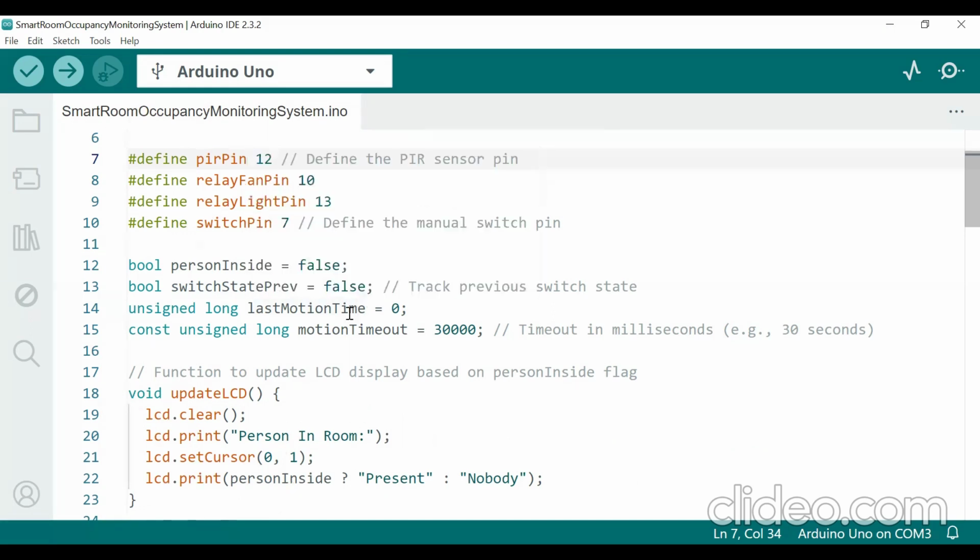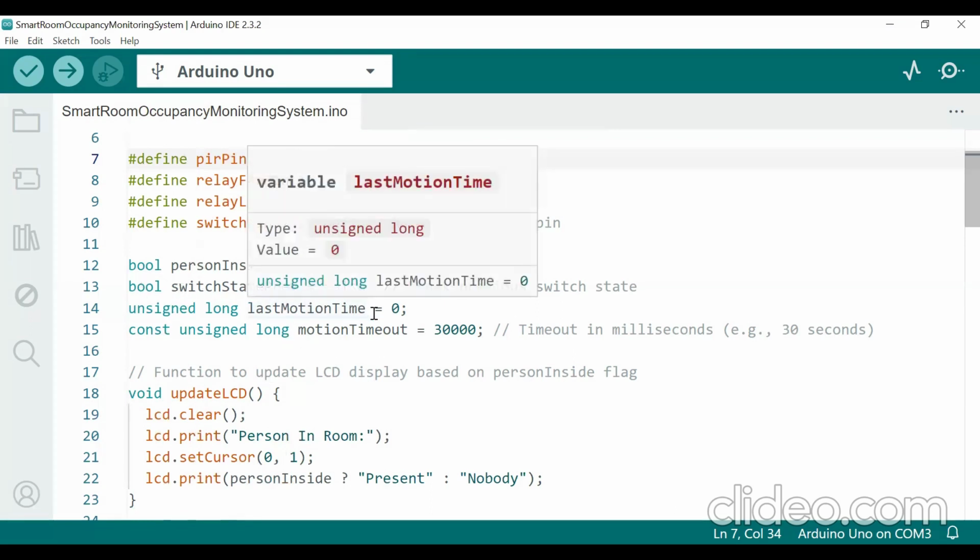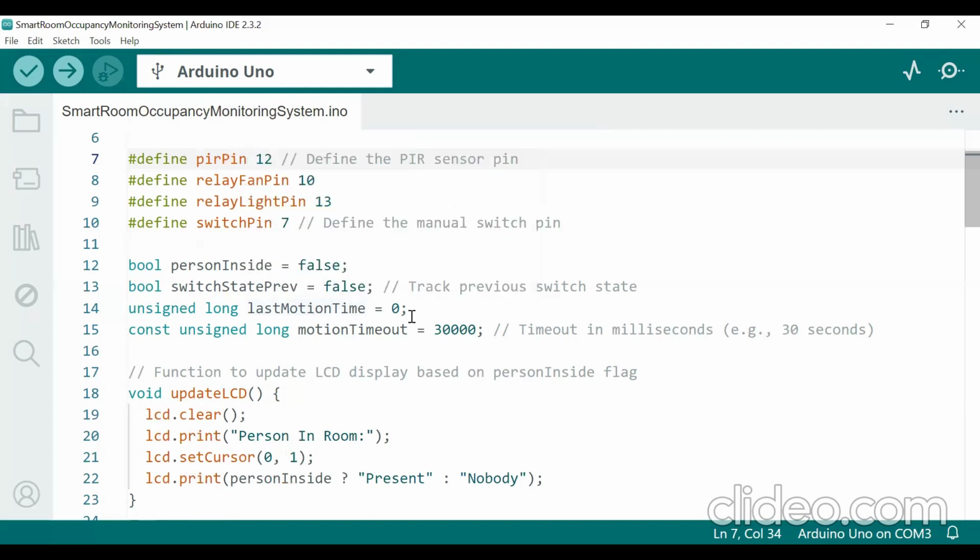This also I'm making as false. So these two are defined with the help of the Boolean data type. And the last motion time I am taking as 0, and motion timeout. So once the PIR sensor detects the motion, the bulb and fan will be turned on for 30 seconds,